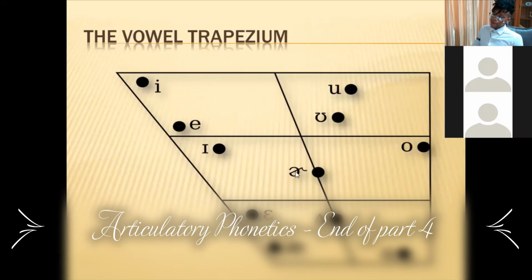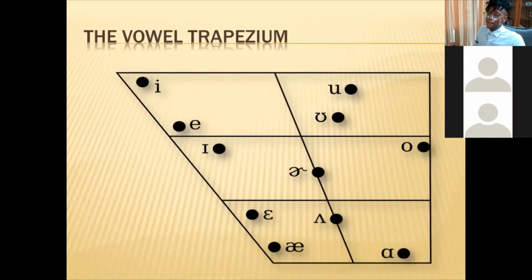So this vowel is here. This gives us an idea that when this vowel is articulated, the tongue is somewhat at the back of the oral tract. And it's the same thing with this vowel, this one here and this one here. So yes, these ones we can already see that